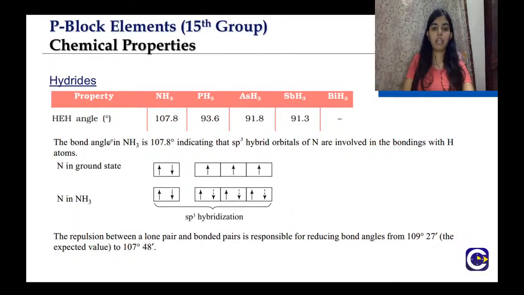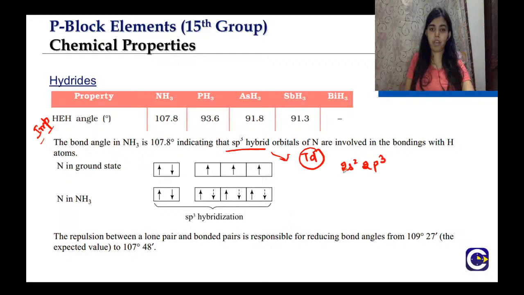Now here if you see, this is also very important. The bond angle in ammonia is 107.8 degree, indicating that it is sp3 hybridized. That means it is having a tetrahedral geometry, right? So if you see nitrogen in ground state, what is the configuration? 2s2 2p3. Okay, so what happens here is that the electrons from hydrogen reside here, right? These are the electrons of hydrogen basically, and this is the lone pair of electrons. So you can draw the structure of ammonia like this,